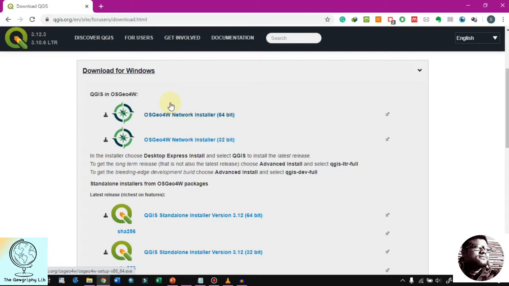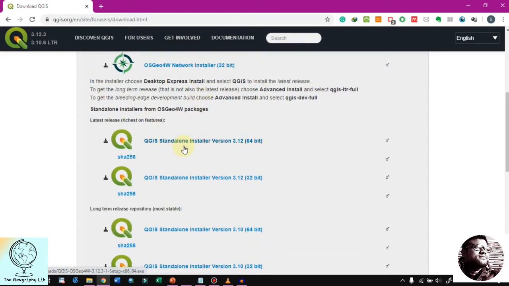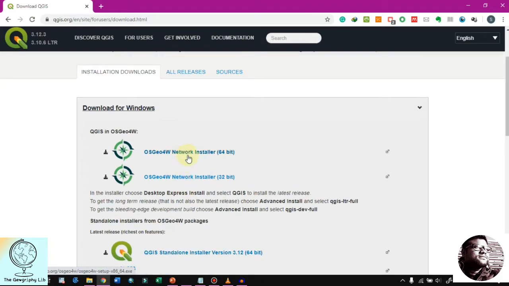There are basically three differences. The standalone installer version already has GRASS, SAGA, and associated tools, etc. OSGeo4W is actually a small network installer, which installs the QGIS tool and updates these things along with the associated dependencies over time automatically.